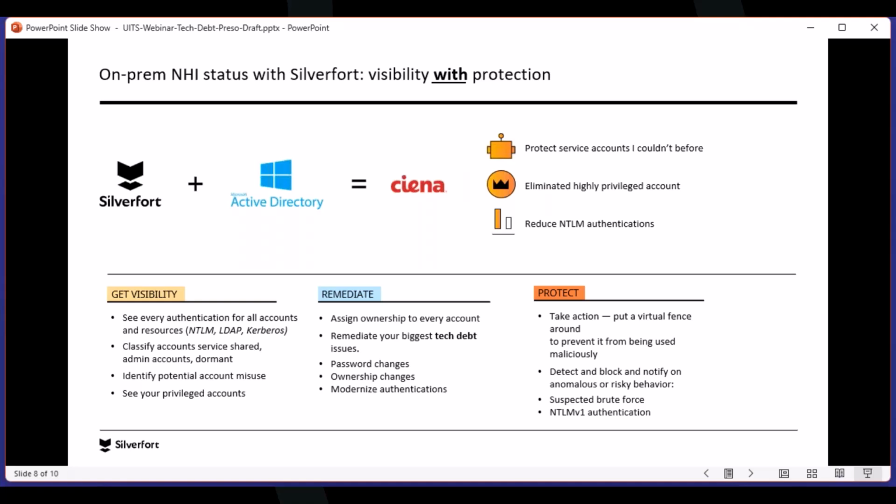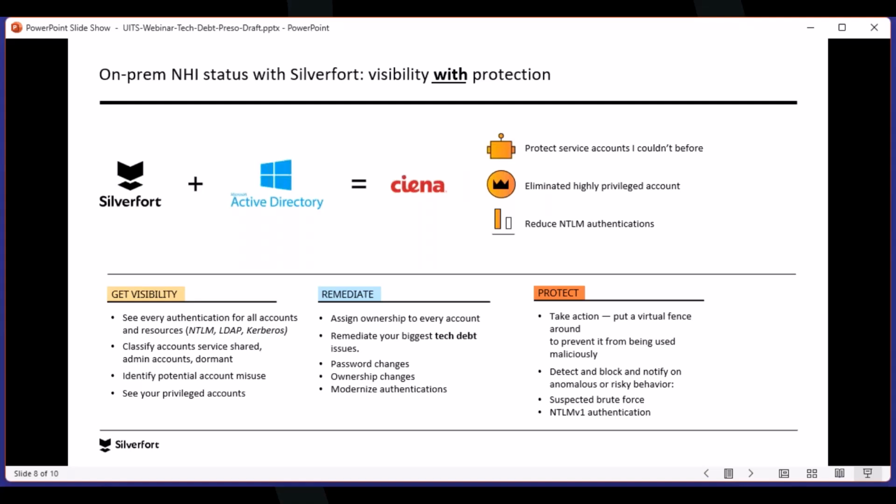So that actionability, we'll correlate it to identity threat detection and response. That's an acronym, ITDR, that we hear a lot from a lot of different companies. And what I will tell you is, from my experience, Silverfort does this from an Active Directory perspective better than anyone else, right? Because actually the R in ITDR is an actual response. It's a remediation, it's an action. It's not creating a ticket for someone to do something, although that is a capability that you would have. But this idea that you could virtual fence something or deny a login based on the policy that you've created allows you to shrink your attack surface significantly and actually take real action on something versus just create a ticket and have someone look at it at some point.